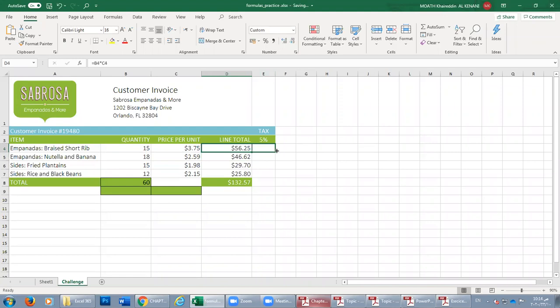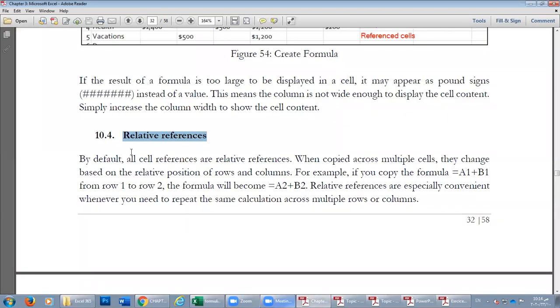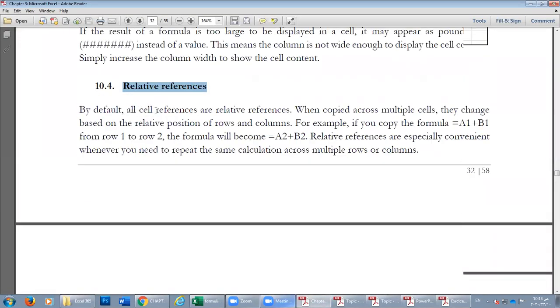If you go like this, it will change the column name. So it's called relative reference. All cell references are called relative reference because when copied across multiple cells, they will change the row or the column. ايش معناها بالعربي يا دكتور؟